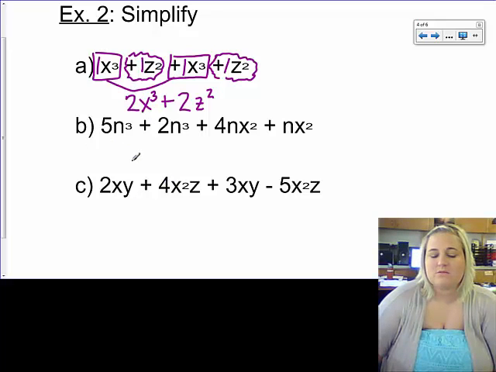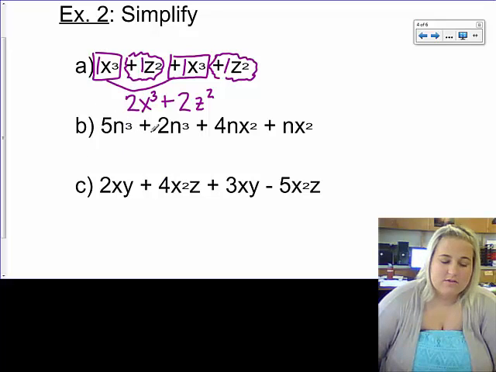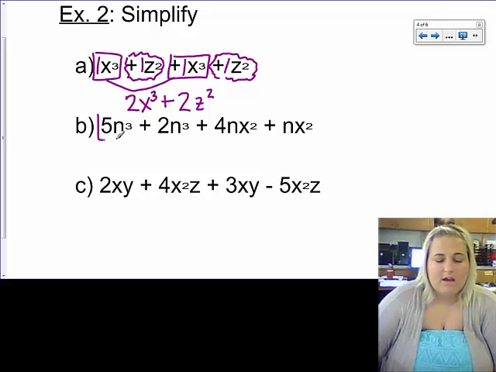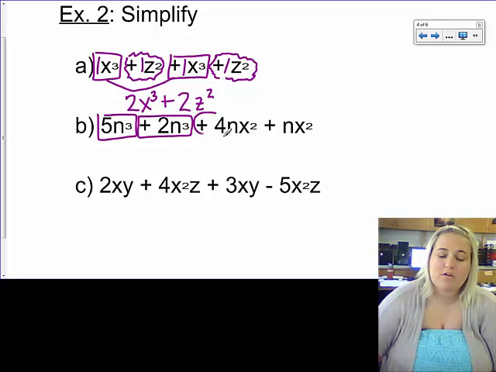On B, we're going to combine like terms. So I have 5n to the third, 2n to the third, nx squared, and nx squared. So I have two pairs of like terms. I have 5n to the third plus 2n to the third. And then I have plus 4nx squared